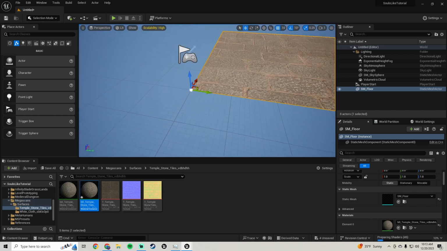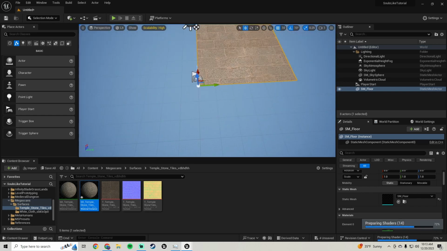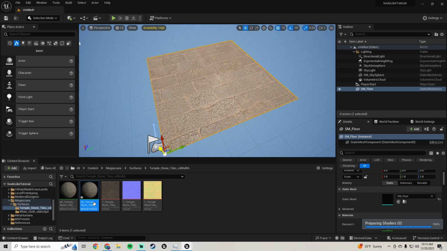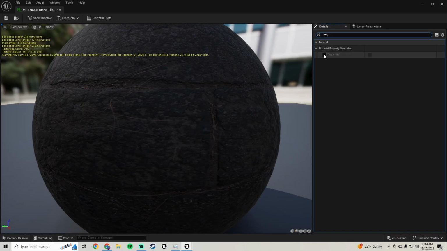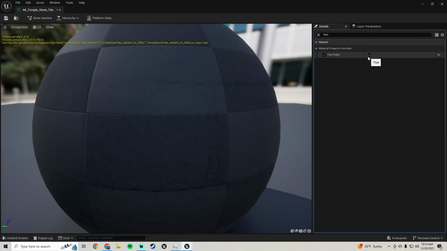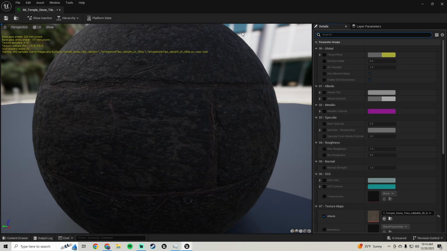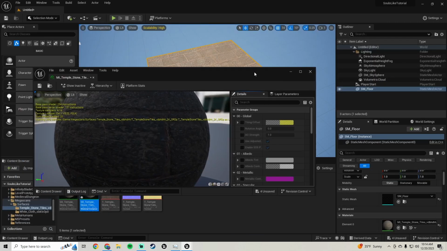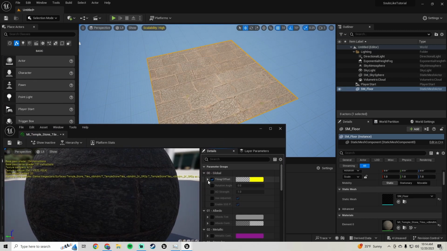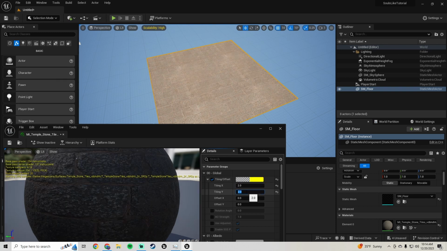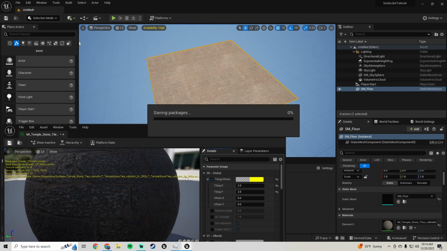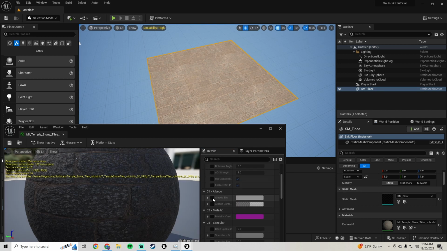Something else we're gonna do is make this two-sided and change the tiling a little bit. So open up the material, and we're gonna type in two-sided, and tick that. We'll get rid of that 2 right there, and shrink this down a little bit. I'm gonna check the tiling right here, and I'm just gonna double it so it's not as big. So set the tiling X and Y to 2,